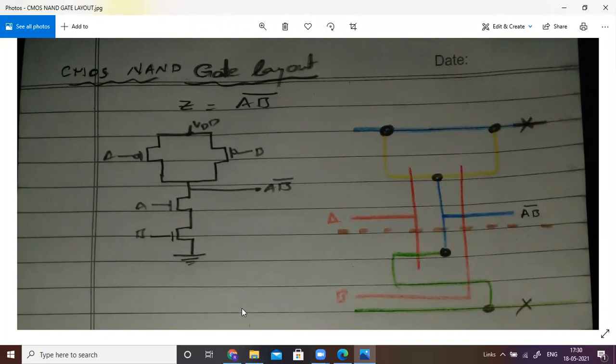So we require 2 transistors in the pull down region and also 2 transistors in the pull up region. So we require 2 N-channel enhancement mode transistors in the pull down region, which are connected in series because of the logical multiplication in this case. So the 2 transistors are connected in series, and in the pull up region, the 2 P channel FETs will be connected in parallel.